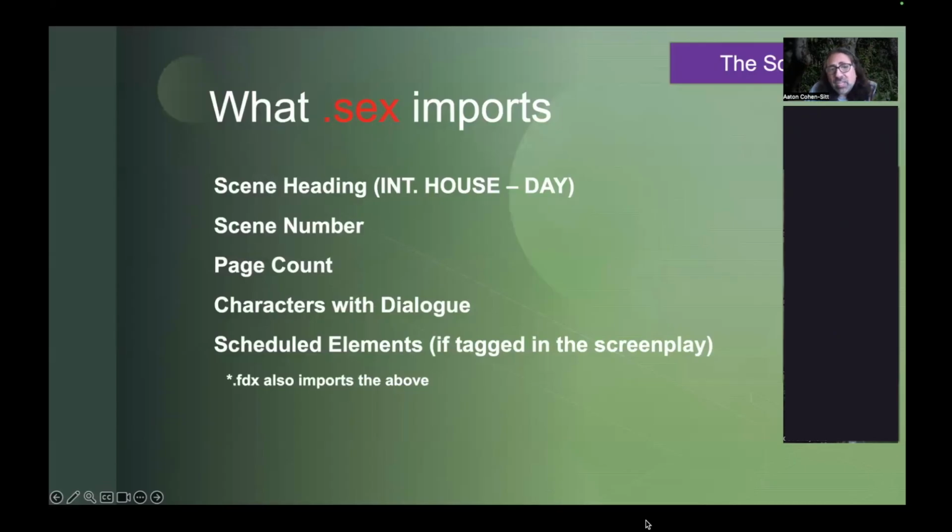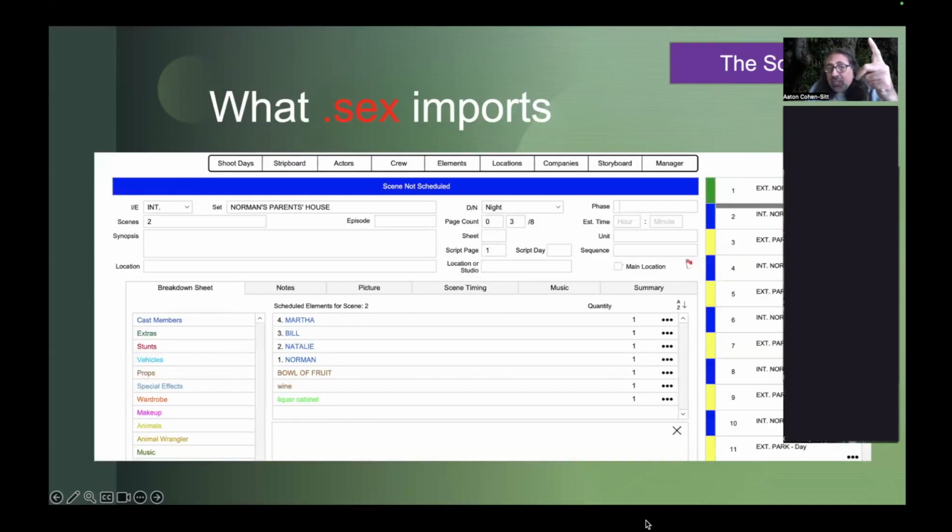Okay. Now that's what the SEX file imports. The FDX does everything that is in the SEX, plus it does a few more things. So I'm going to go into Final Draft and Gorilla. I'm going to show you all the programs in just a second, but I just want to get through some of these slides here. So the SEX file will import, as you can see here, the slug line,